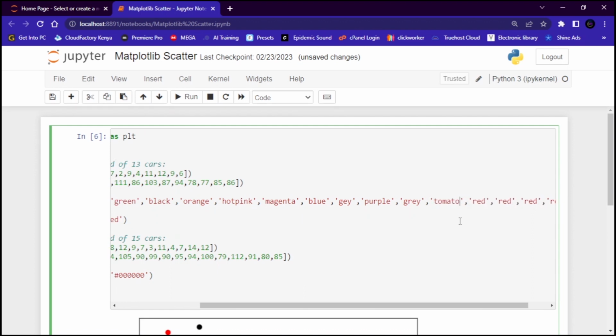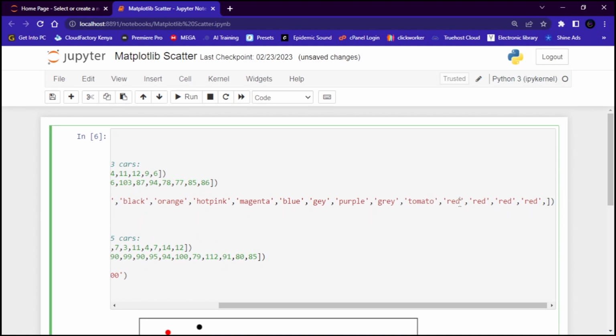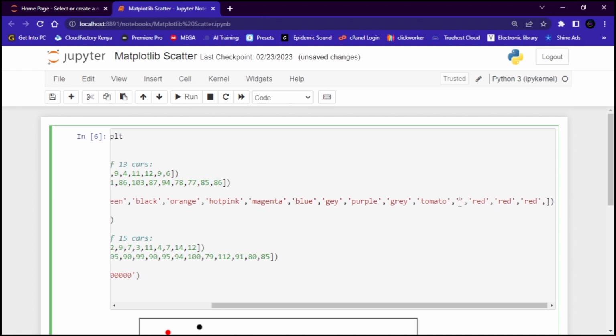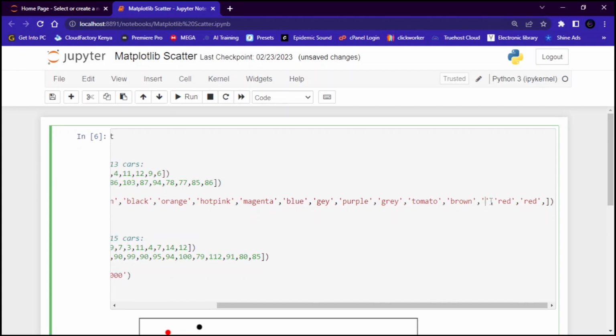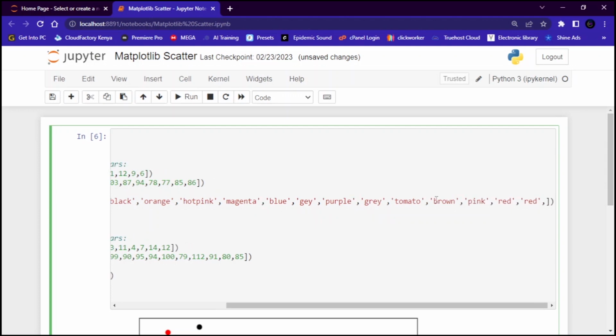Is there a color called tomato? Yeah, I think there is. Let me call it something like navy blue or a light blue. Let me just call it something like brown. And then what else here? I can give it even pink. Here I can give it